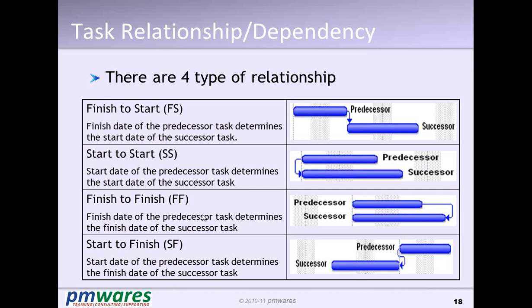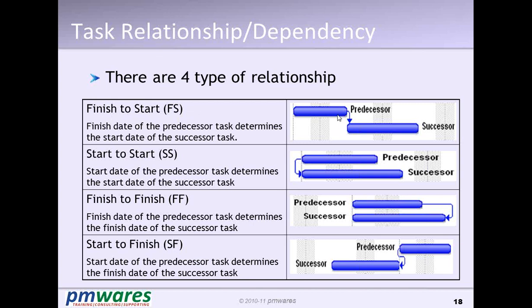Okay, the next step is to assign the dependency among these tasks. When we talk about dependency or relationship between these tasks, there are 4 types of such dependency. First is finish to start, second is start to start, third is finish to finish, and fourth is start to finish. So finish to start is simple sequential